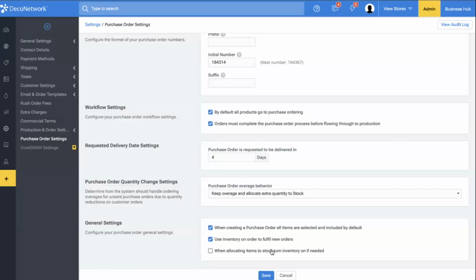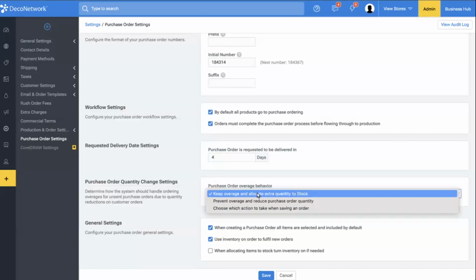Yeah, so that's the drop down right above that section there, the purchase order overage behavior. If you've already allocated quantities to an order, and they're on a PO that's been placed with the supplier, so they're already coming, but you end up lowering the quantity on the order, this allows you to choose what you want to do. Do you want to actually edit the purchase order to remove that quantity so that you don't end up ordering them? That would be the case if the PO has not yet been sent. It's early enough that you can remove those if you don't need them. But if it's already been sent, it's too late, and those will allocate to stock. Okay,